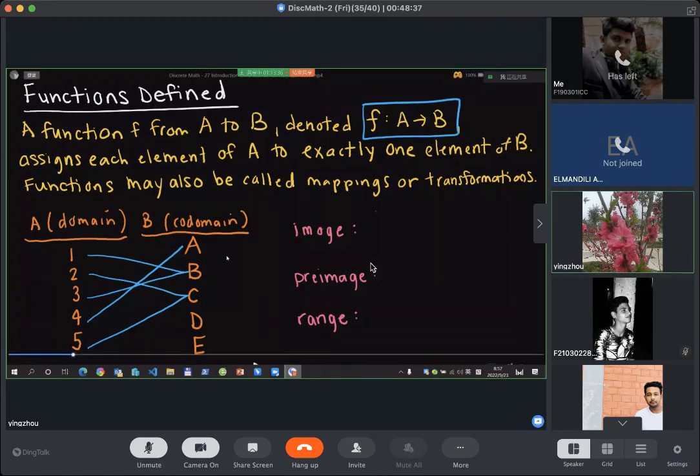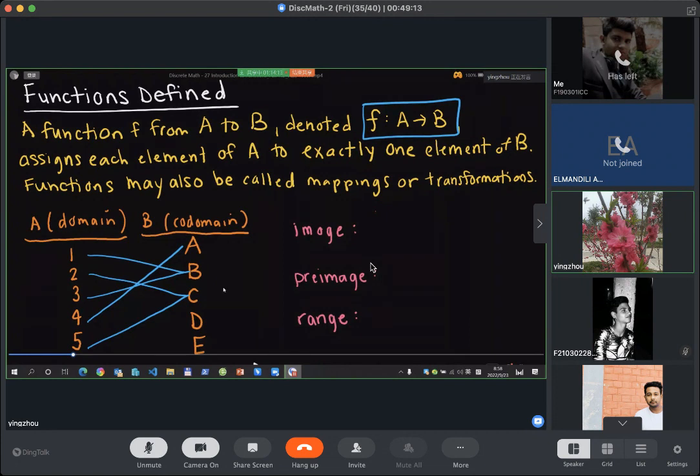So we can permit two inputs, for example, 1 and 3, to refer to one output. For example, if you have the function f(x) equals x squared, then if you input positive 3 and negative 3, the output is the same, 9, no problem. That means we can allow many inputs to refer to the same output,